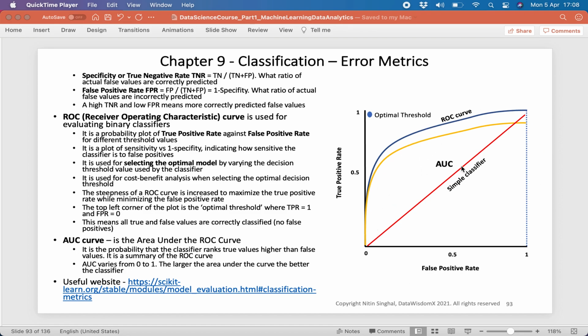And the area under this curve, if you interpret that, it means that the more the area under the curve, the steeper and more accurate the model and the curve are, and that effectively is your AUC, which is the area under the ROC curve. So it varies from 0 to 1 because as you can see, this is the area of the curve from here to here. And the larger this area, the better the classifier. So what it's basically doing is giving you a summary of the ROC curve. And what you must note is that it indicates the probability that the classifier ranks the true values higher than